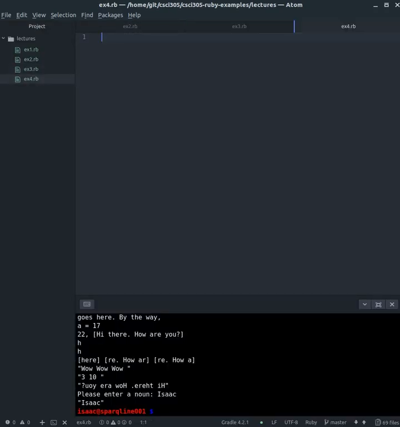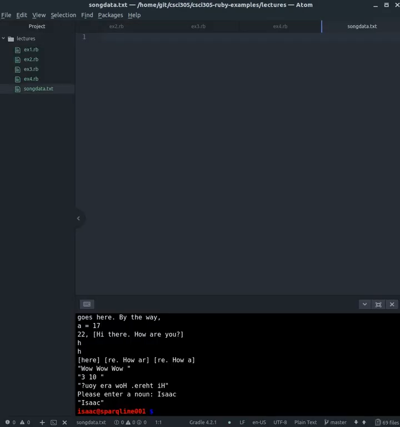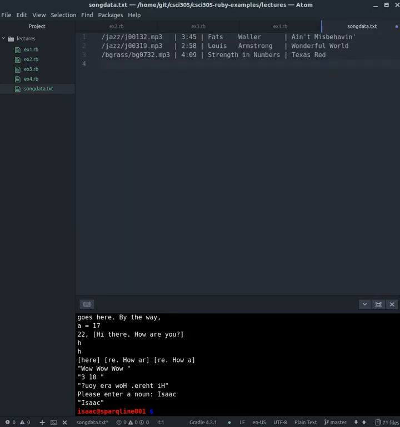So let's say we need to make a file, right? We'll make another file. We'll call it song data. And in here, I already have this created in a different file, so I'm going to go ahead and copy that all over. So song data is the name of some MP3, a time, the length in minutes and seconds, the length of the song, the artist, and the name of the song, the title. All right, so now that we know that,